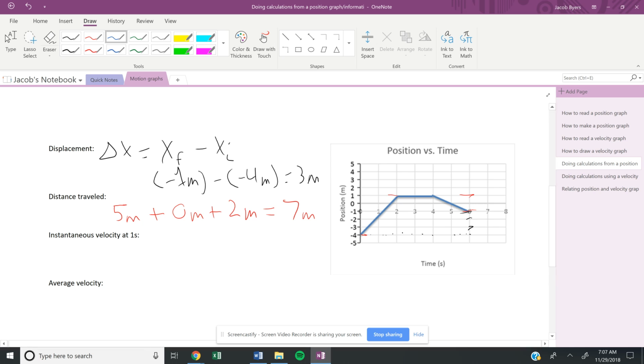So right here, we're looking at 1 second. Don't find the point here, okay? That's position. So at 1 second, we're right above negative 2 meters. That does not tell me anything about my velocity. My velocity is going to be my slope, okay? So if I want to find my